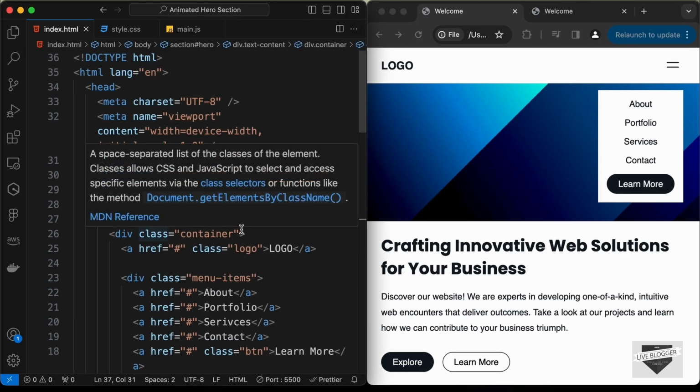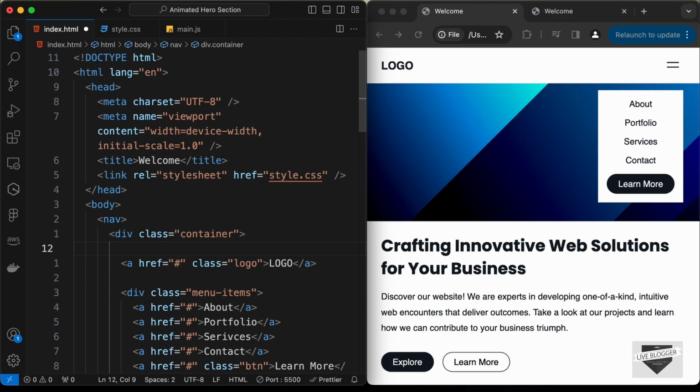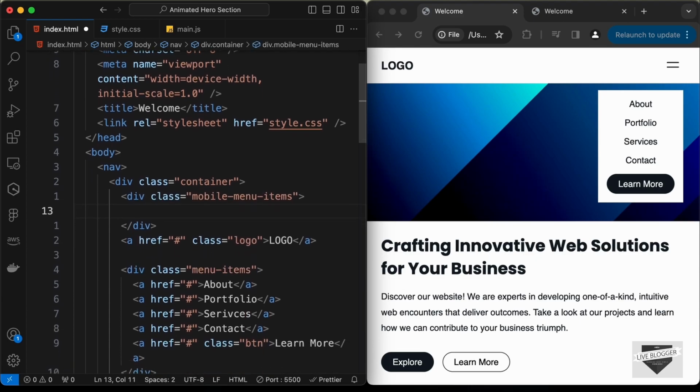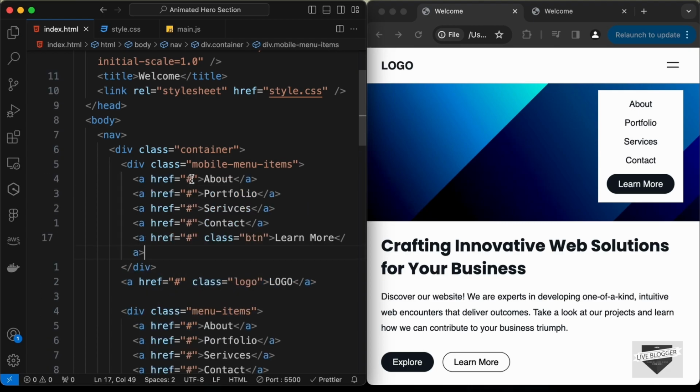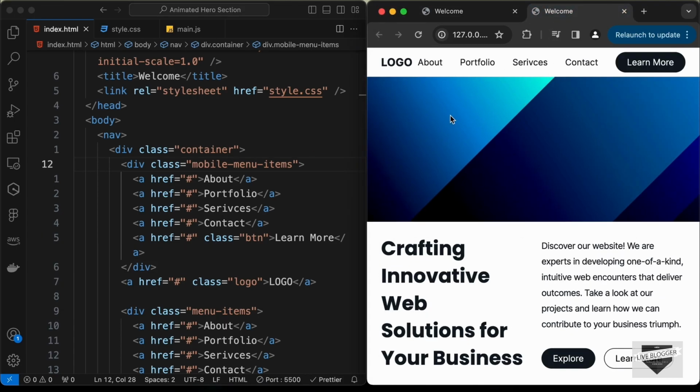And here, let's go inside the container division. And let's create a division with the class of mobile menu or mobile menu items. And in this we will copy and paste these same menus, and let's paste it over here. Right, now let's go back to our design, and now let's go ahead and hide this menu that we have